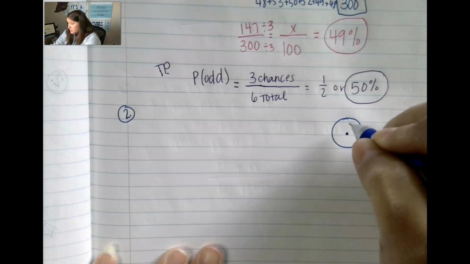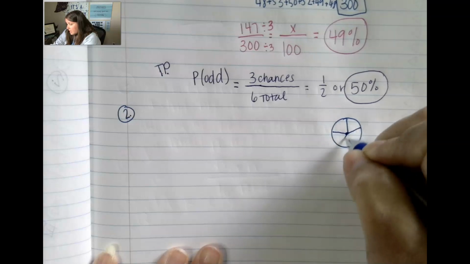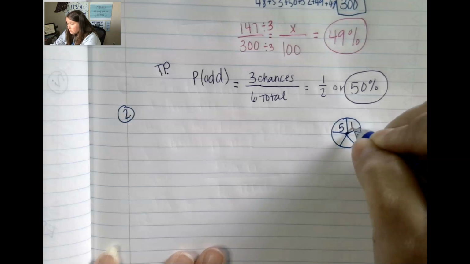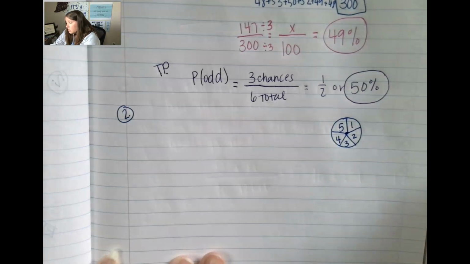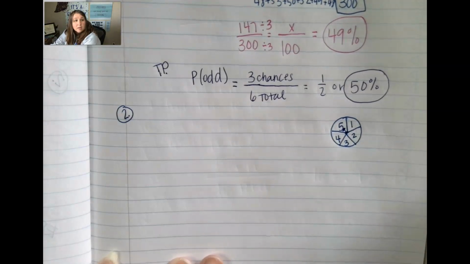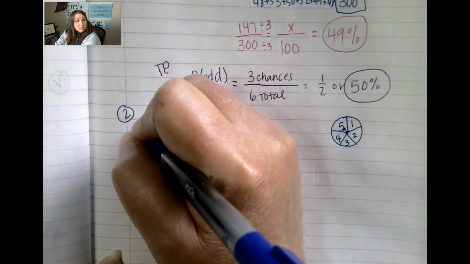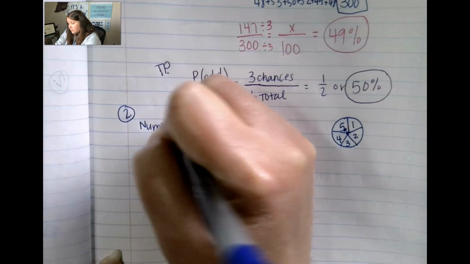And the spinner can be spun 100 times. And in that 100 times, we can spin a 5, a 1, a 2, a 3, or a 4. Okay, and we want to know what's the likelihood of spinning a 5. Well, after 100 spins, the number landed on